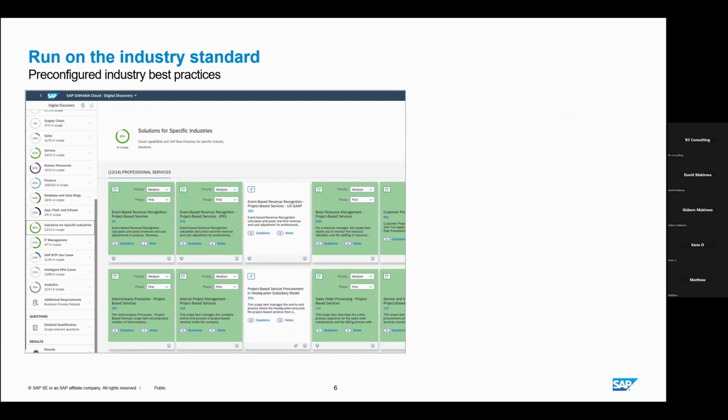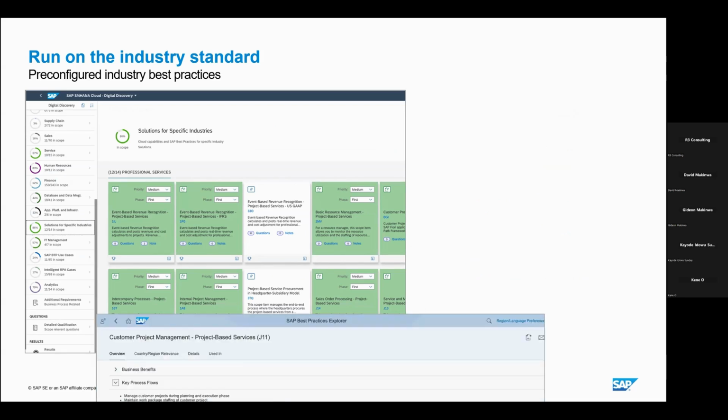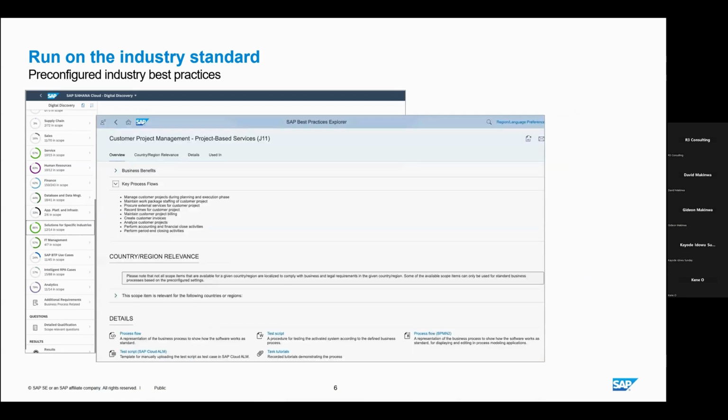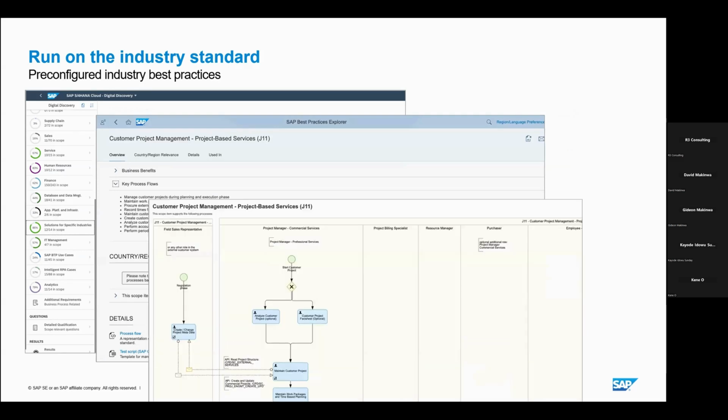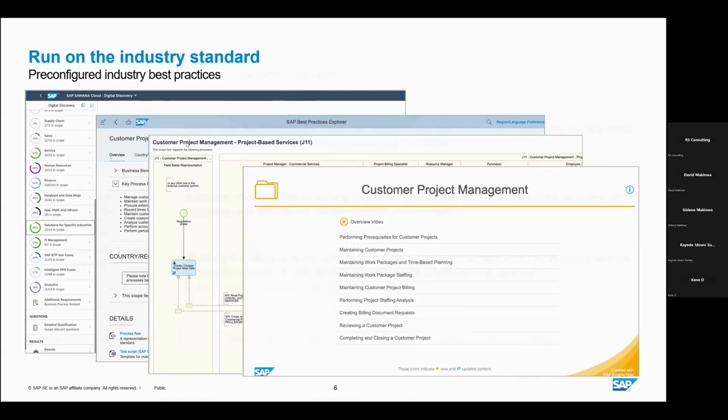This project can be delivered within a period of 3 to 4 months if we follow best practice in SAP. So we have the accelerated project management tool, like you can see here.